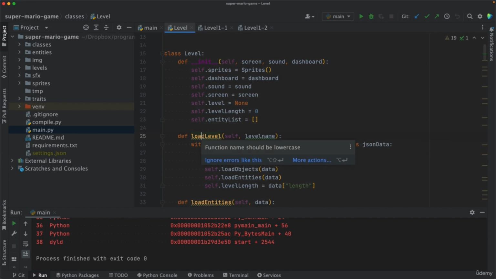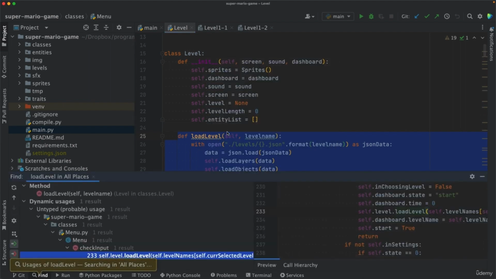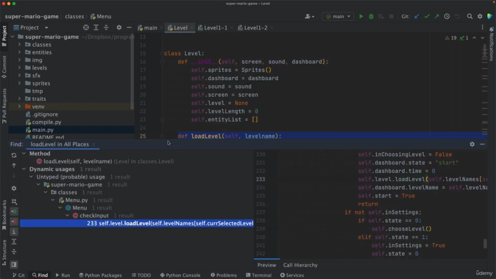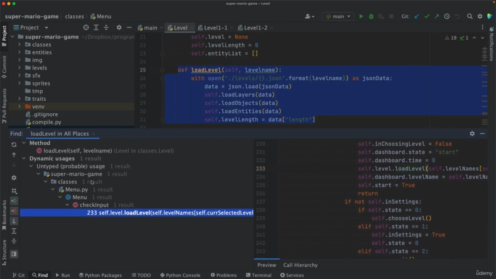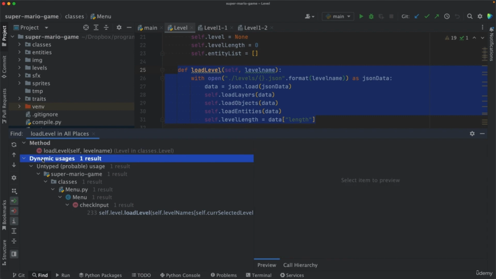To do that, you want to right click over the method. So we are in the definition of the load level method inside level.py. So right click there, and you want to go to find usages. So by usages, what is meant is the calls, where this method is being called, where it is being used, right? And you should see this window popping up here. Now this has this section, it tells you what method you are inspecting here, and then you have this dynamic usages, one result. So this method is being called only once,